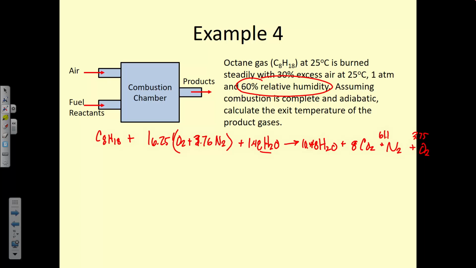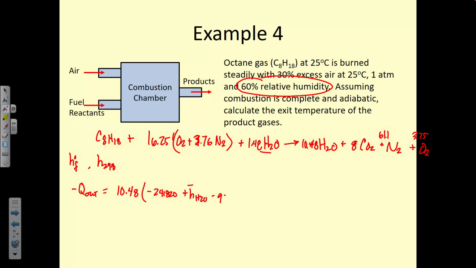So we do a similar process where we look up the enthalpy of formation, and we look up the enthalpy at 298, and then we don't have a final temperature to look things up, so we have to figure out an estimate. So if we write this equation in terms of the reactants and the products, negative Q out is equal to 10.48 times negative 241820, that's the enthalpy of formation for water, plus the enthalpy of water at the exit, which we don't know,